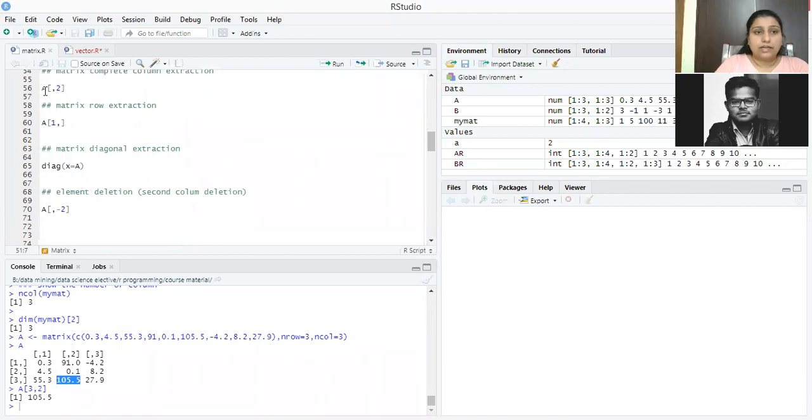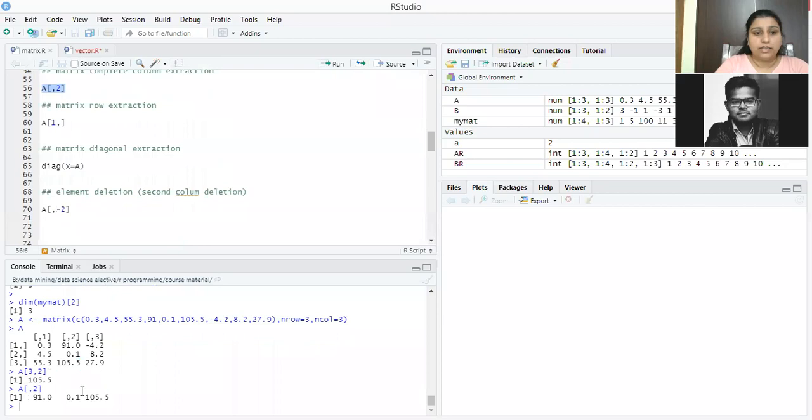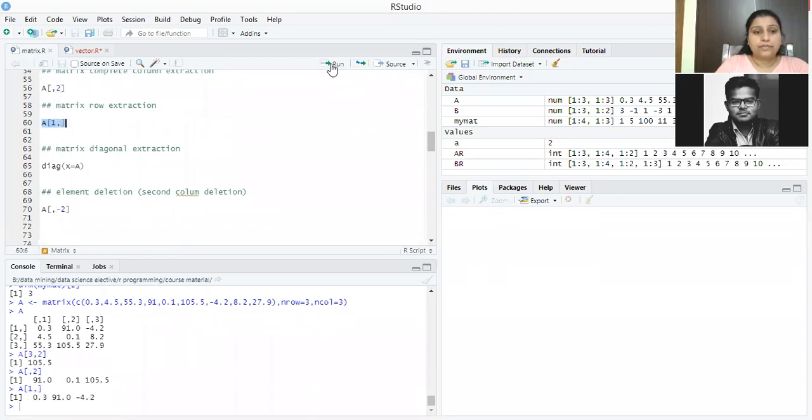Now to extract a complete column, suppose I want to extract the second column, it will give me the second column 91.1, 105.5. If you want to extract another column, just replace the index here. If you want to extract the complete row, we just give the row value, don't give the column value. It will give me the first row values.